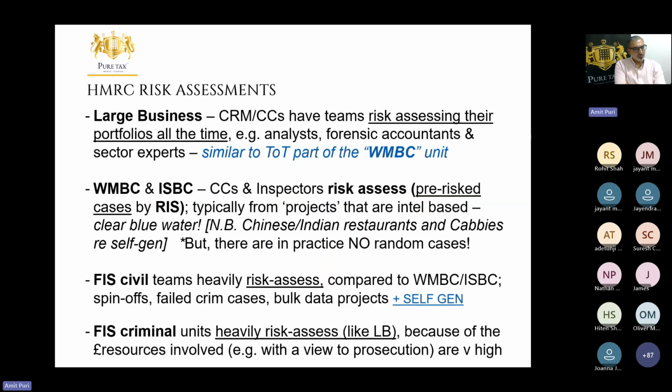So how do they operate? What makes them different? As you'd expect, large business is very, very different. They have customer compliance managers, as they call them now, that used to be customer relationship managers earlier. This is where your Coca-Colas, your Amazon, your Googles, your Yahoos will be. The largest multinational businesses will be looked after by the customer coordinators. That's because they're talking to the finance teams and the CFOs and the FDs all the time. There are formal inquiries, but one way to look at it is that they are always under inquiry, and their strategy is constantly under review, and their management information is often shared by HMRC in real time. So it's a very, very different environment.